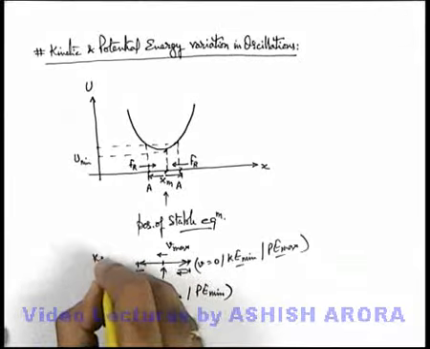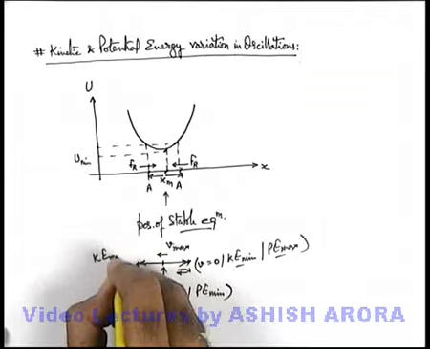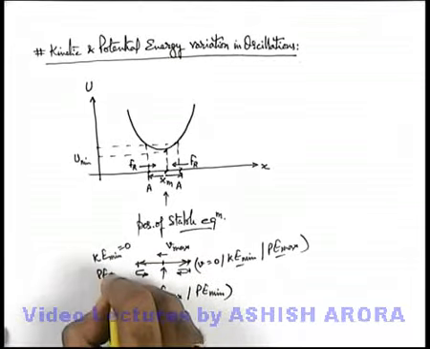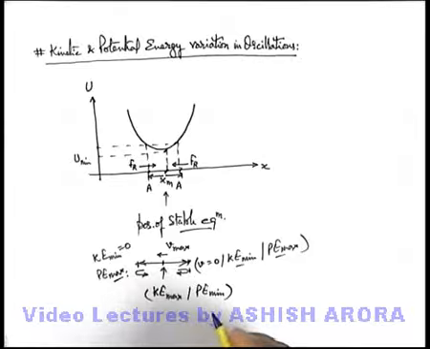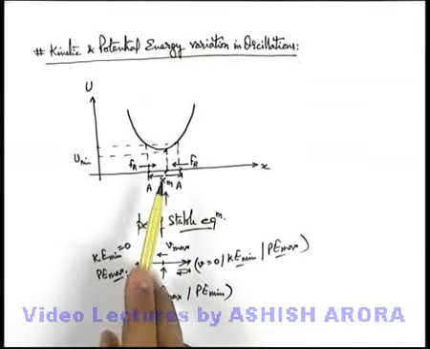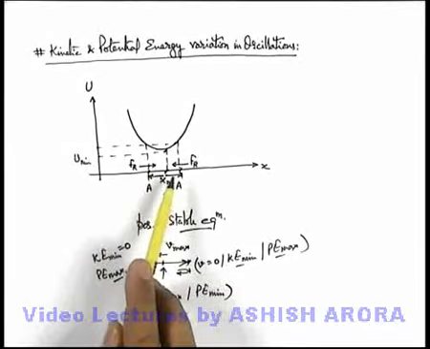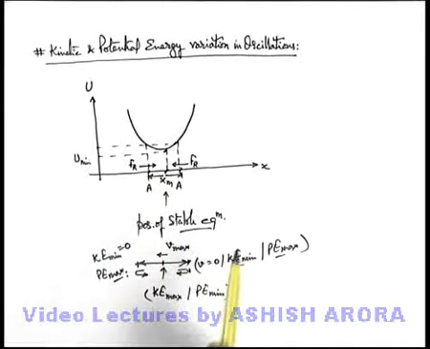So on both the extremes, the kinetic energy of the particle will be 0 or minimum, and potential energy can be taken as maximum. So always keep this kinetic and potential energy variation analysis for a particle in oscillation. This is quite useful in understanding the concept of simple harmonic motion, which is a specific type of oscillation.